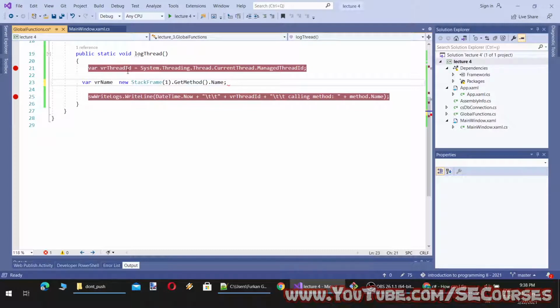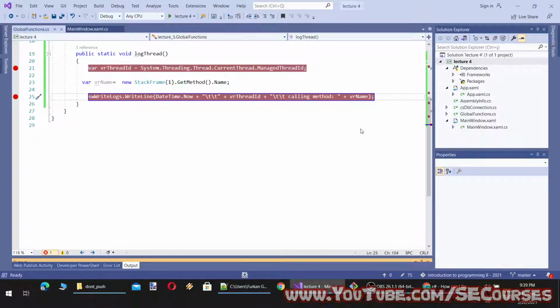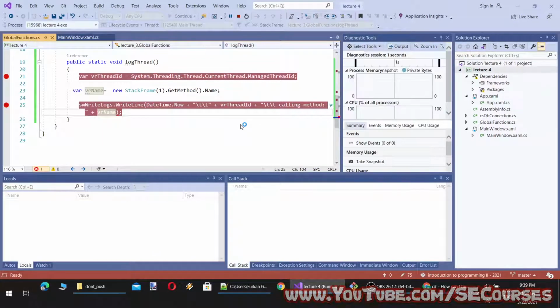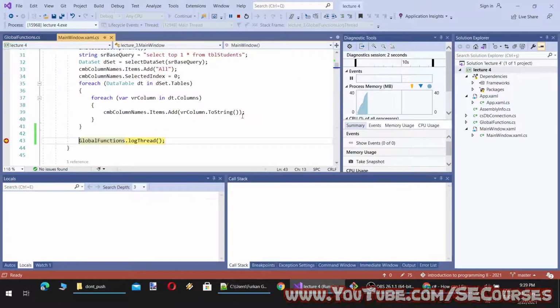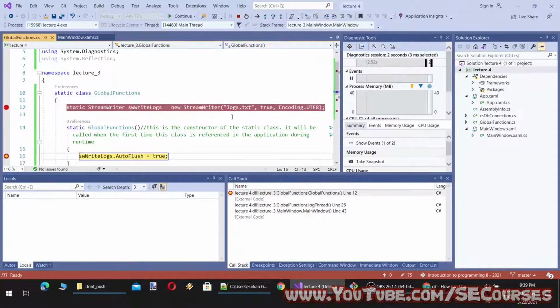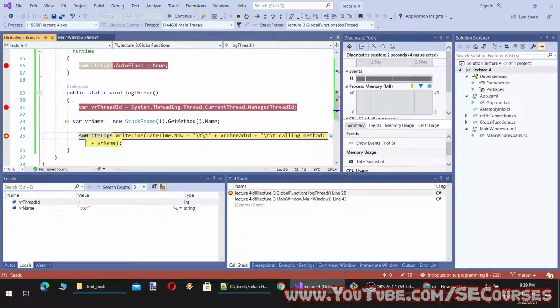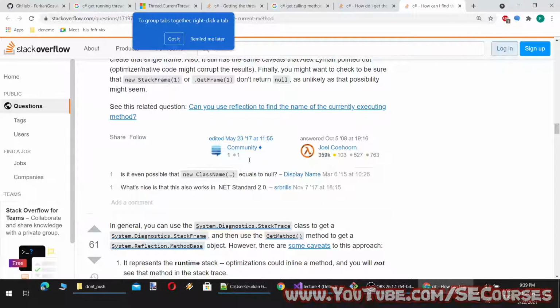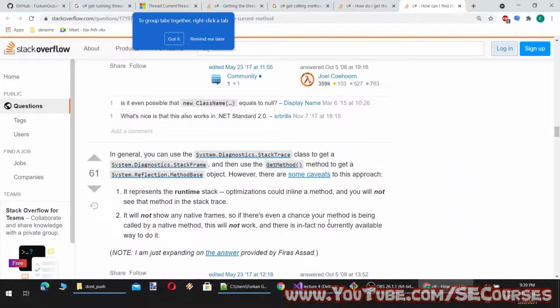Let's try this. But actually, this is not important, but anyway, we are just doing it. So let's see if this is working. Okay, we are getting only CTOR because the behavior has changed in .NET Core.